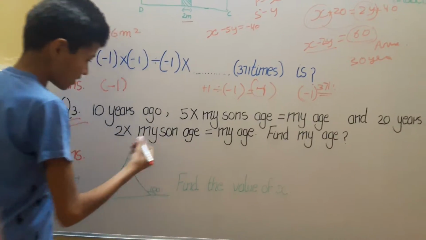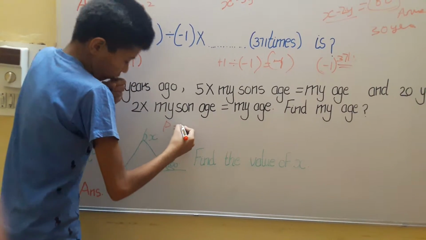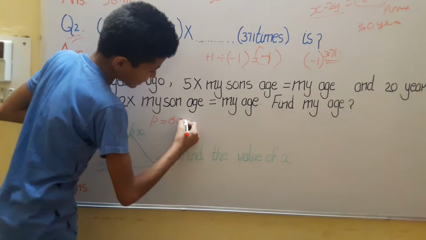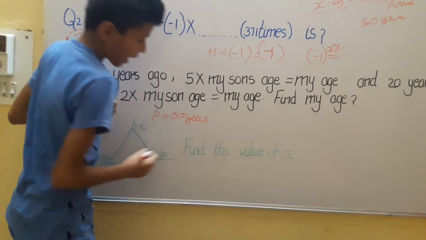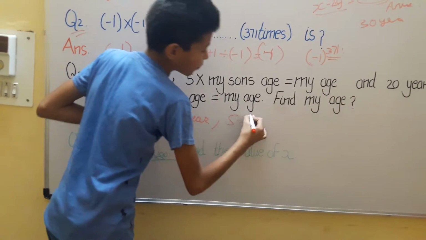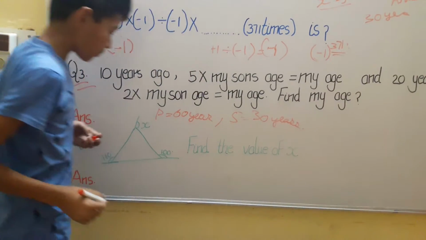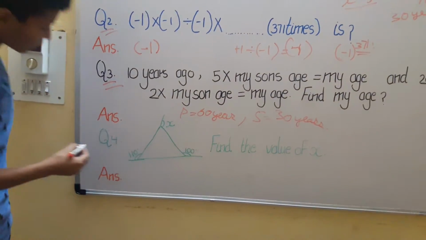So the man's age, the person's age, is equal to 60 years, and the son's age is equal to 30 years. Then in question number 4,